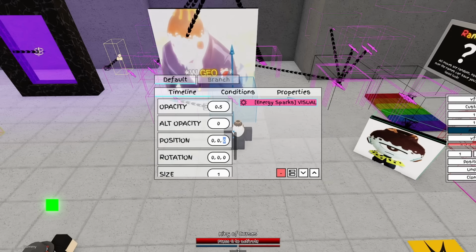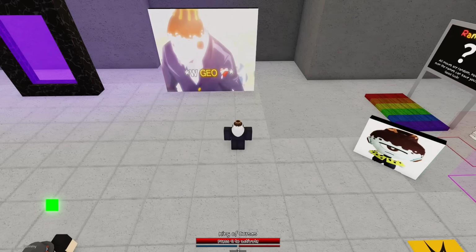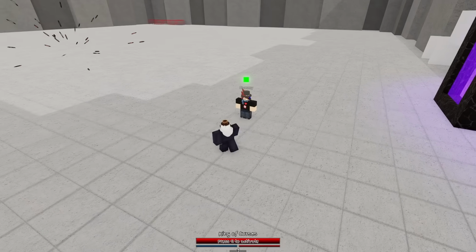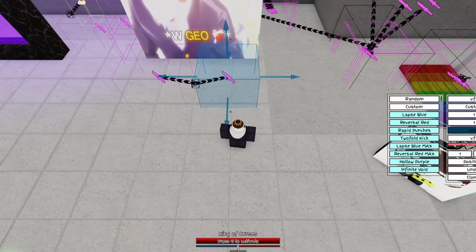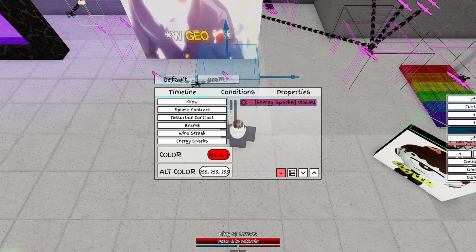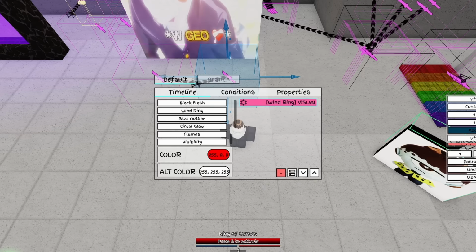But position, obviously X, Y, Z, just like the hitboxes and velocity. So if I set this to 100, then it's going to go off 100 studs in front of me, and the same goes for everything else. Rotation isn't really noticeable on energy sparks, but if I were to switch it to windering,